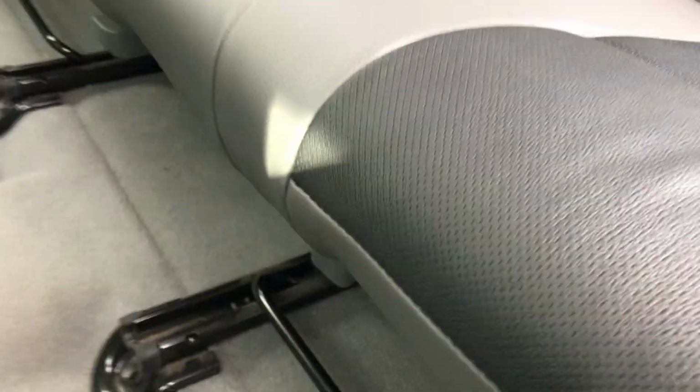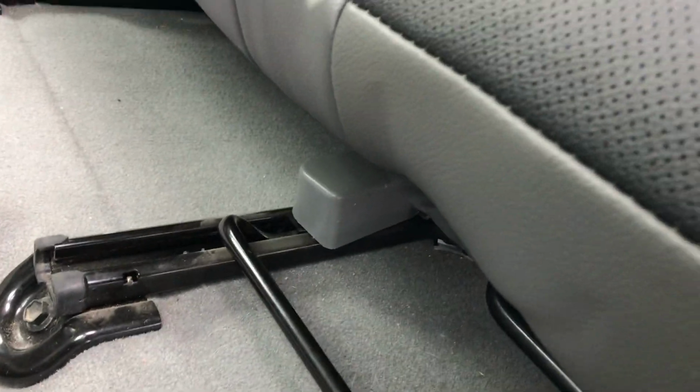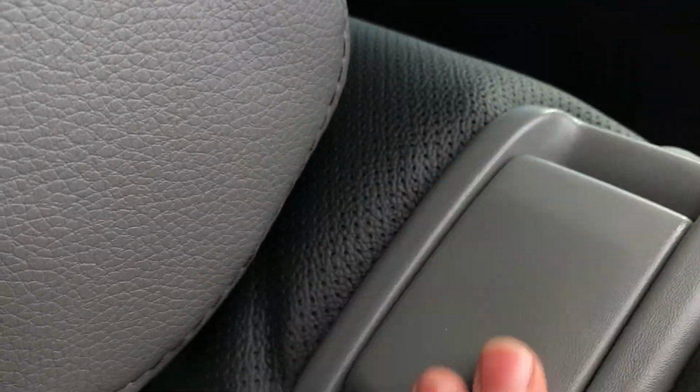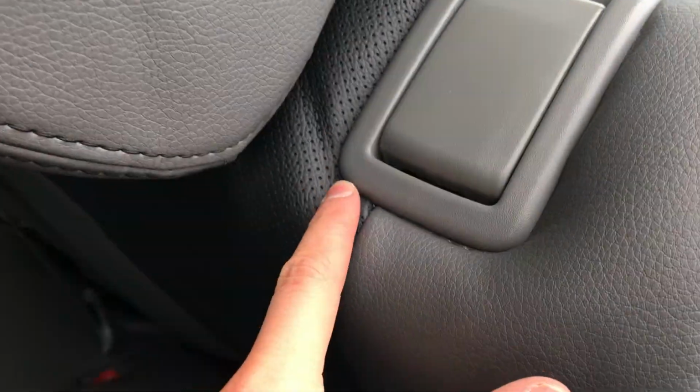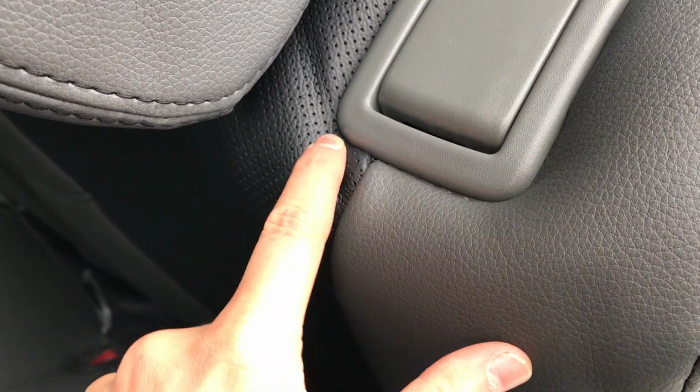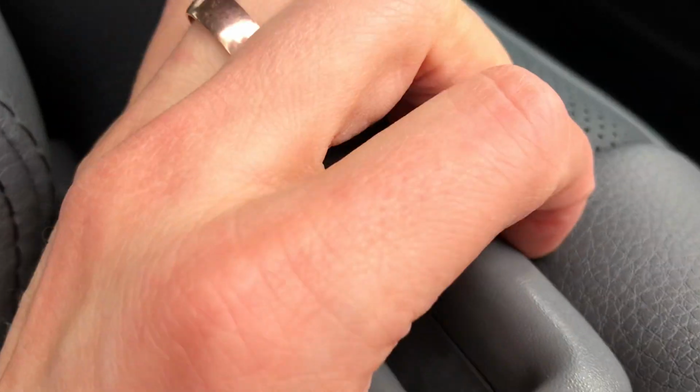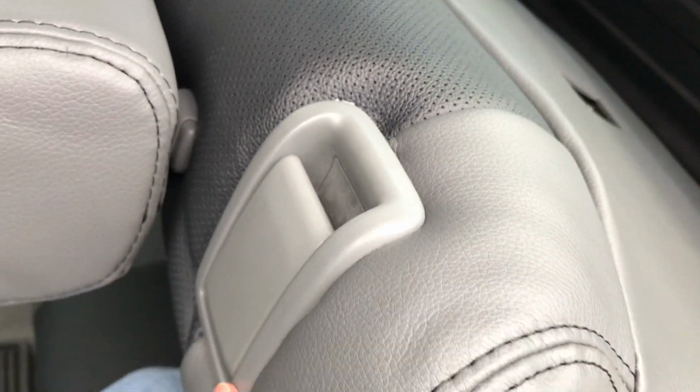You just take your strings underneath and your straps, just kind of tuck them up underneath the seat onto a spring, just to keep them off the floorboards. The other thing is you can finish this out right here. Take your tool. You wouldn't have to do this, but it's just a nice little touch if you tuck that underneath the plastic. Again, it's functional without doing that, but if you can tuck it underneath, it's kind of nice. Okay, so that's all good there, and we are all done with that